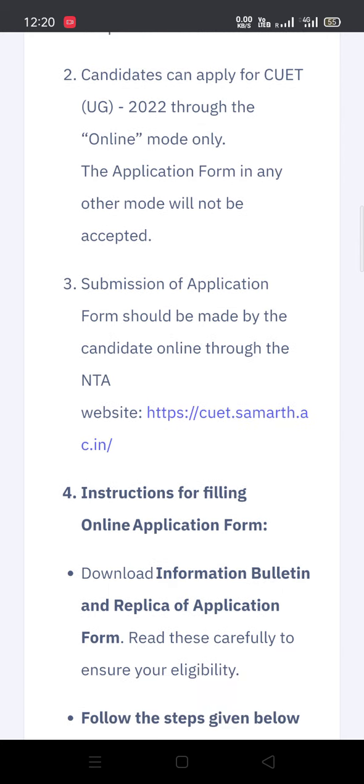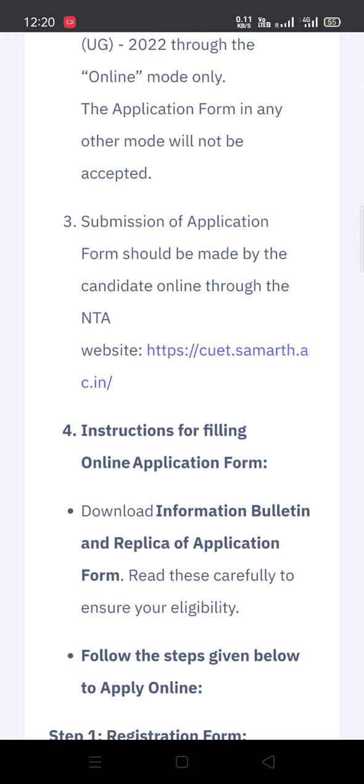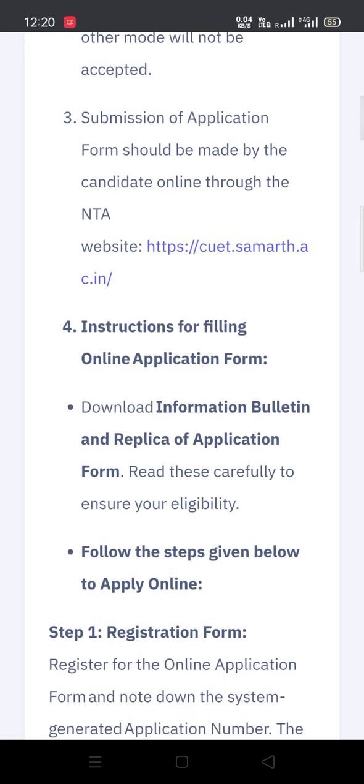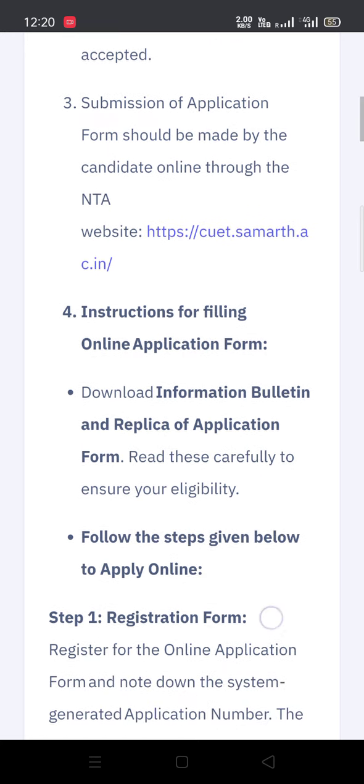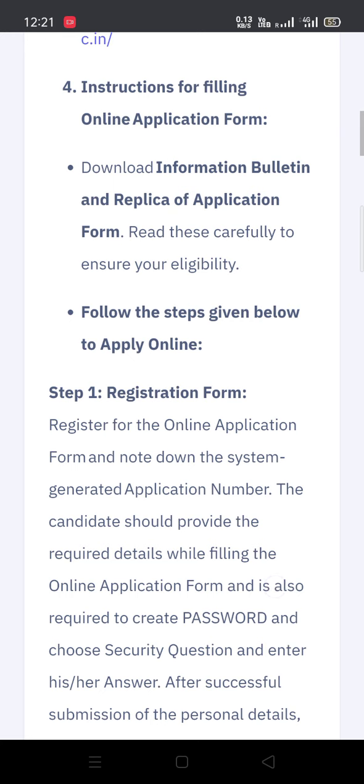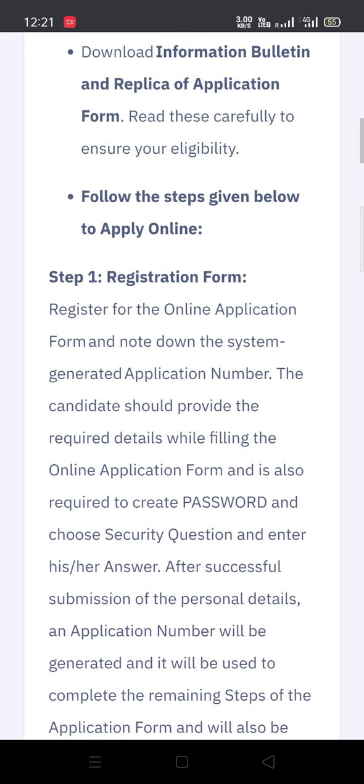This is the website, https://cuet.samarth.ac.in. Kindly remember this website. You have to visit the website frequently in future also. Instructions for filling the online form: download the information bulletin and replica of the information form. I've already told you before. Before filling this online application, kindly download the information bulletin and read the instructions in detail, and follow the steps. The first step, first we have to register the form,